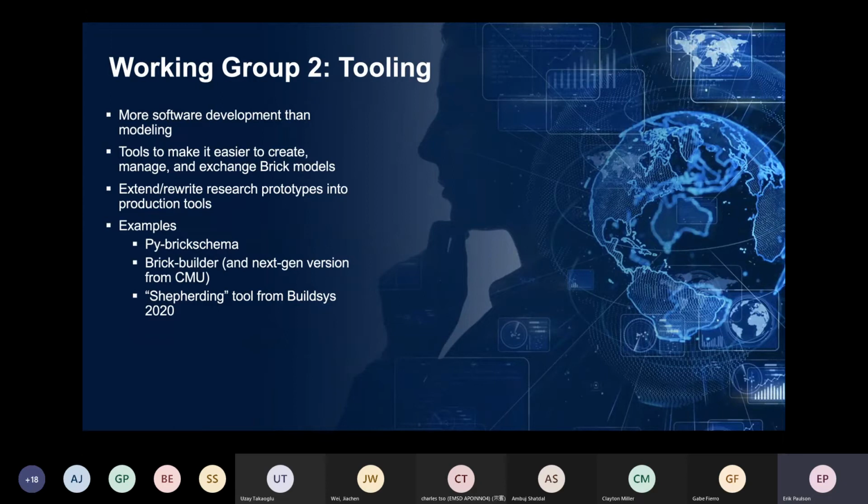So that tool exists, and it's open source. It's in a rough research prototype stage, so can that get hardened up, and can this working group work on that and other tools that are useful to the community that the working group members want to contribute or want to create as part of a working group.